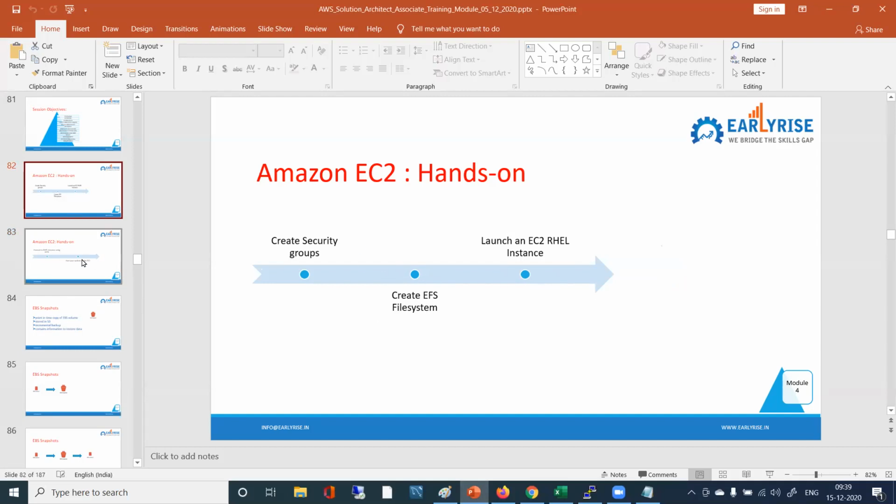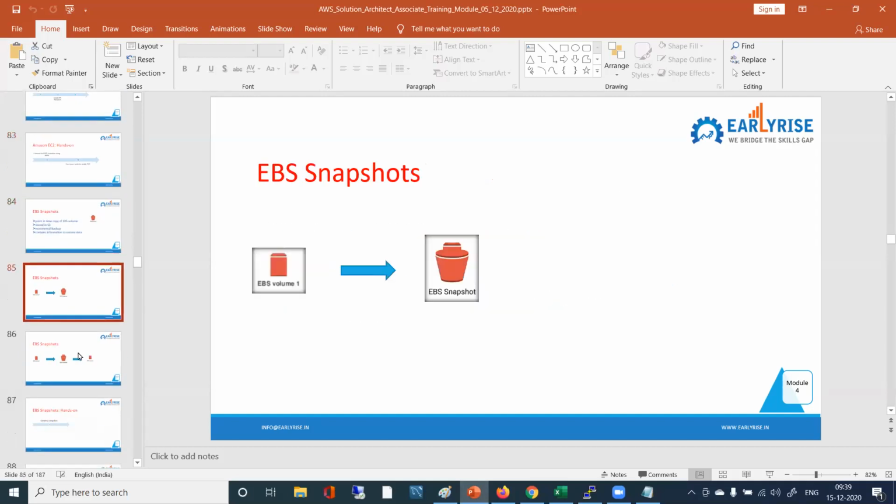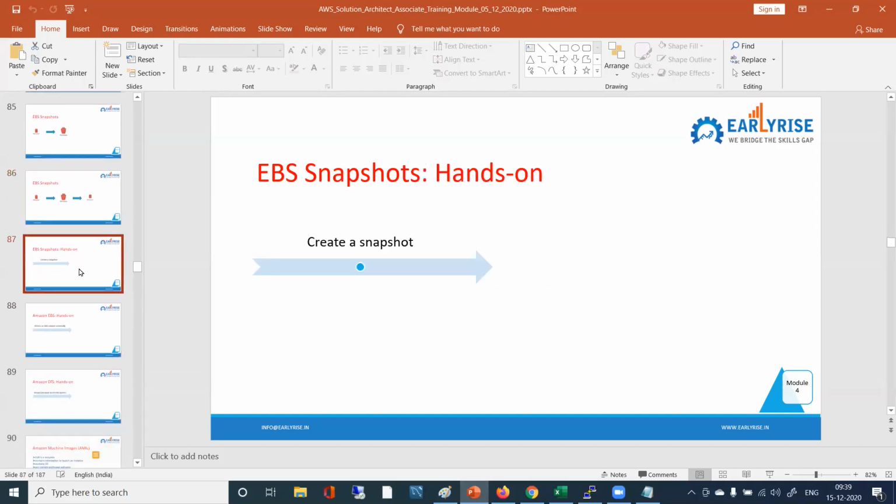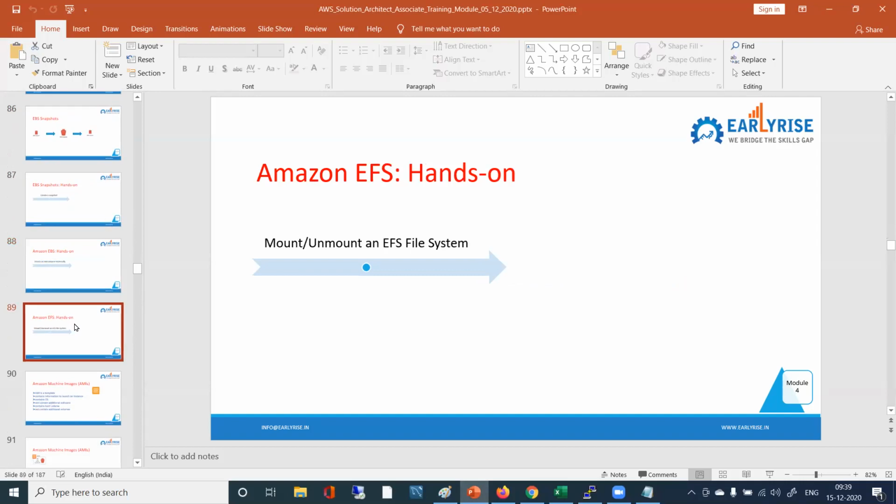Create, this is done, right? Access that, mount and unmount. We created EFS. We have that hands-on, mount, unmount EFS, right?